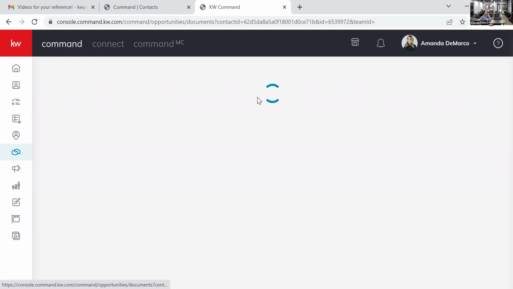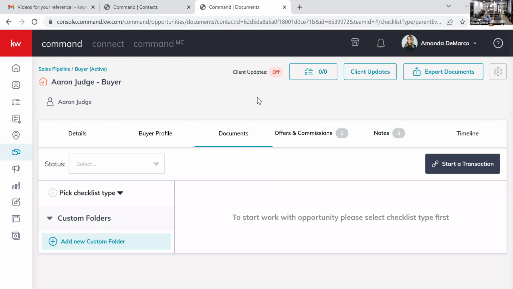I'm going to come over into documents. And this is where step number 3 comes in. This is really important because I know a lot of agents, when they come to the documents page, when they're new to this process, they'll come and click the start a transaction button right away. And we don't want to do that just yet because we want to select the checklist type first. All this means is we're coming over to this left-hand side and telling the system